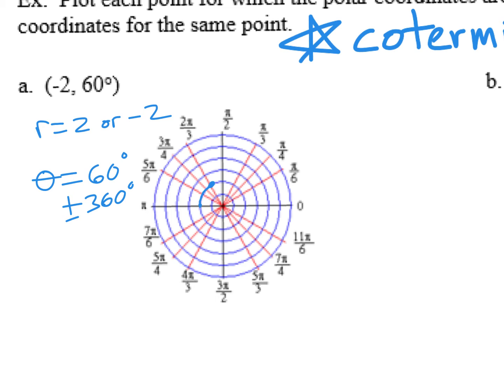So one way right off the bat, if I wanted to say r is going to stay at negative 2, and I subtract 360 to go to negative 300, that's one other way to write it. That's describing the same point. If I switch r over to 2,